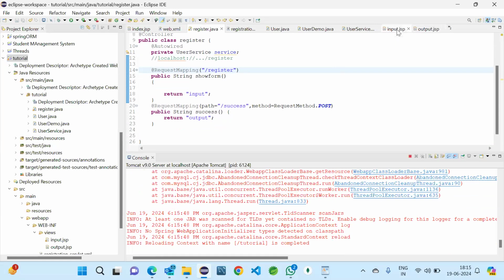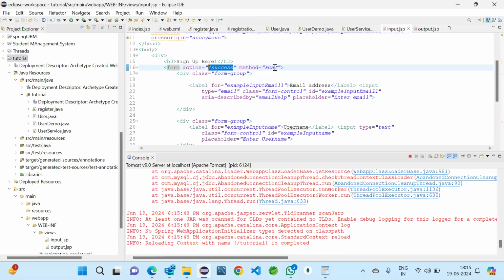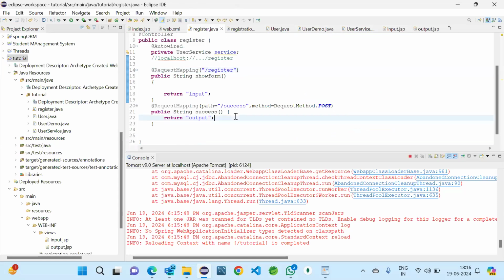Fine. Here we'll try to do post like this. Nothing much. These two things will give the output, but I don't know why it is not giving output.